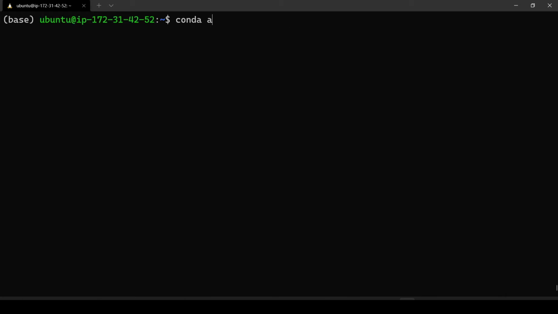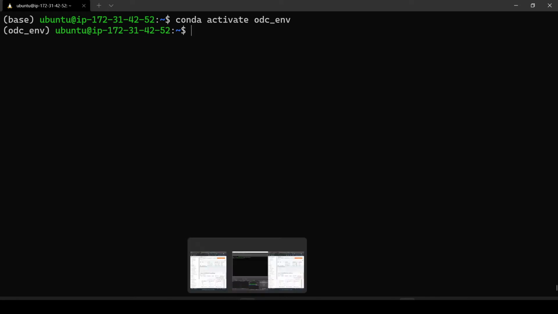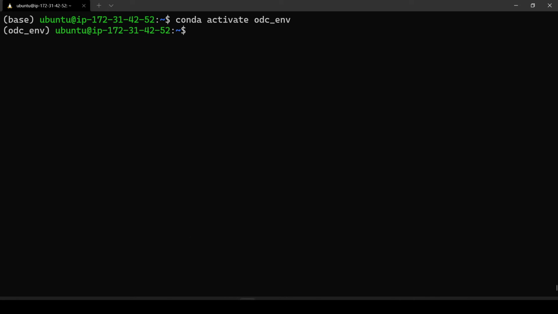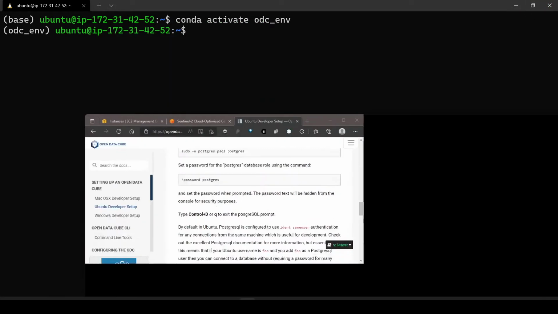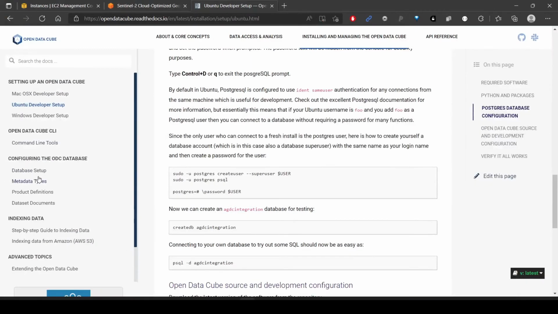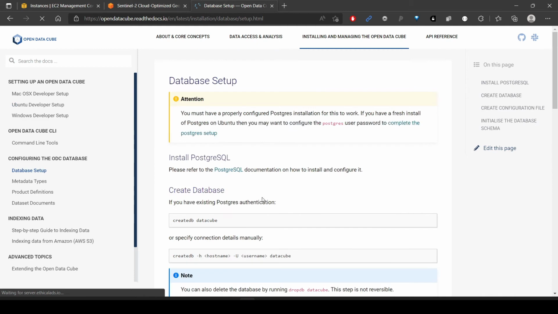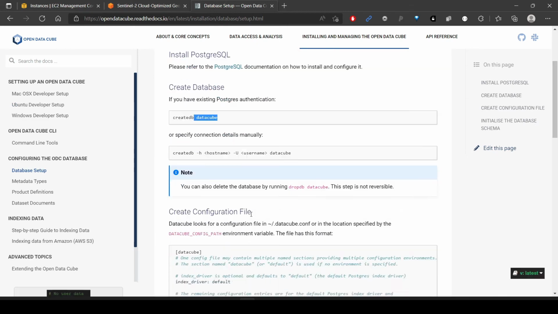Okay, so now let us activate ODC env. To index the data, let us see what the document recommends first. Okay, one second. In database setup we have done everything like this, so we have created the database.